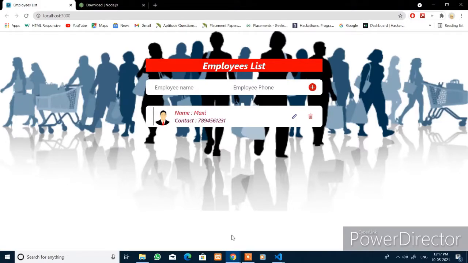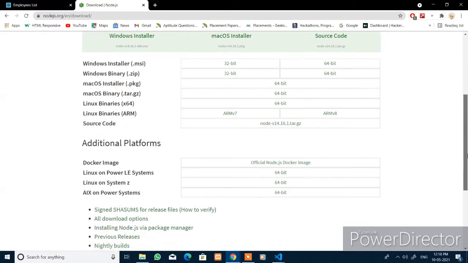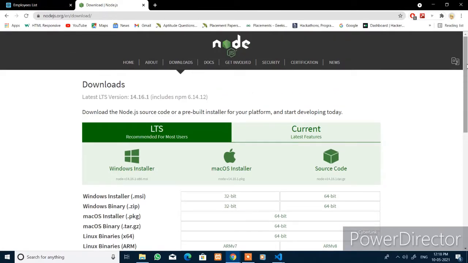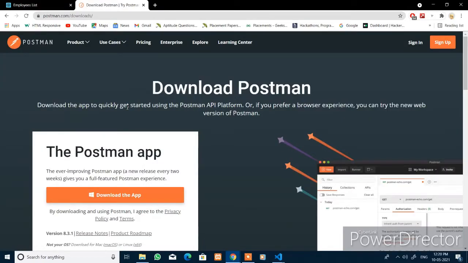Employee listing app. We will make this app using React.js and Node.js. So to work with that, install Node.js. I will leave the link below this description. Install it on your system so that we can work with React.js and Node.js. Also install React.js on your system. And to work with the MongoDB database, configure your system with MongoDB and MongoDB Compass. And also download the Postman app onto your system. It helps in development and testing of RESTful APIs. These are the prerequisites to start with our project.